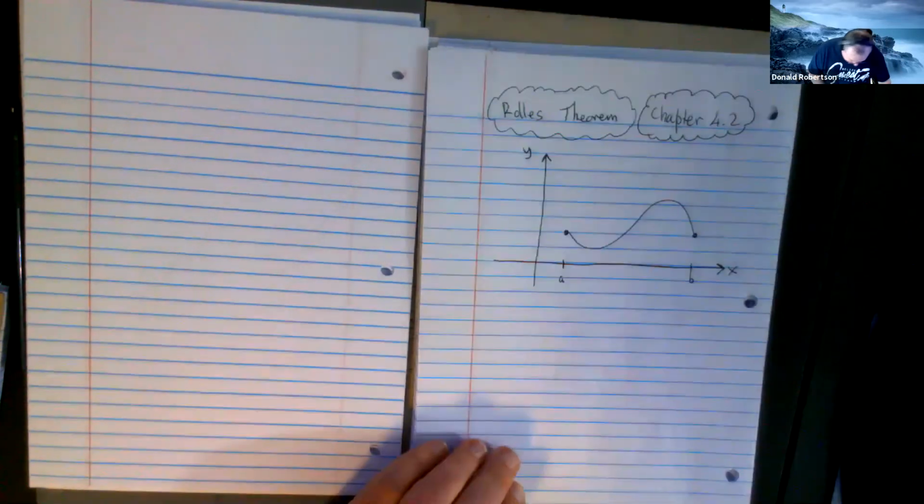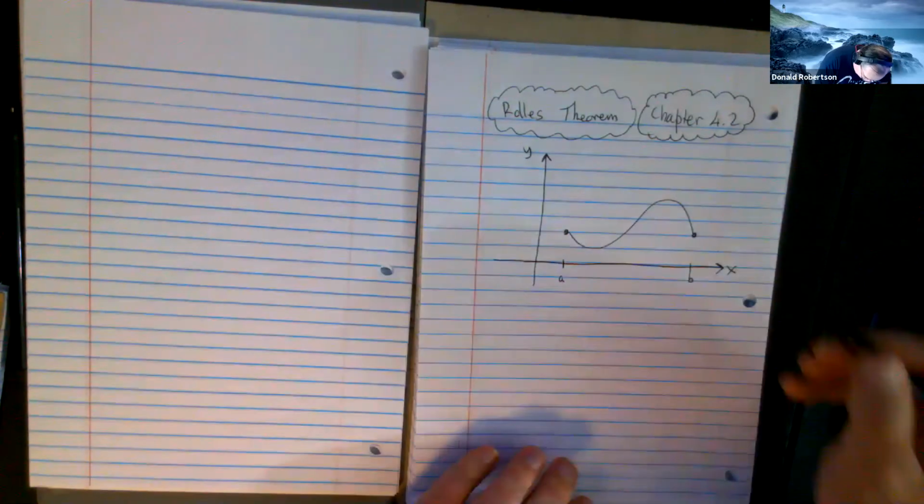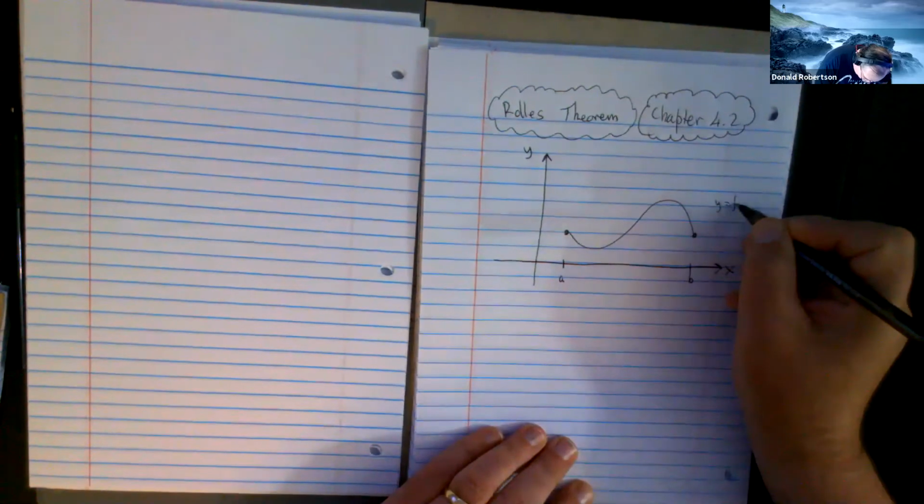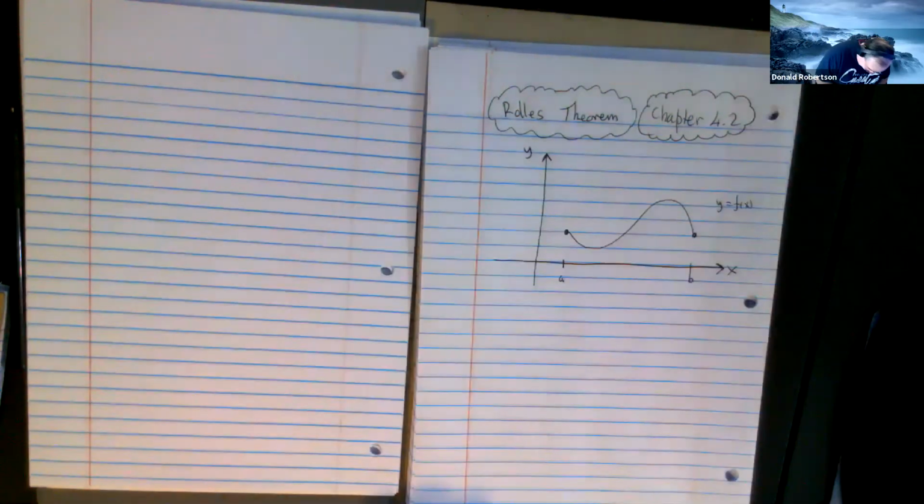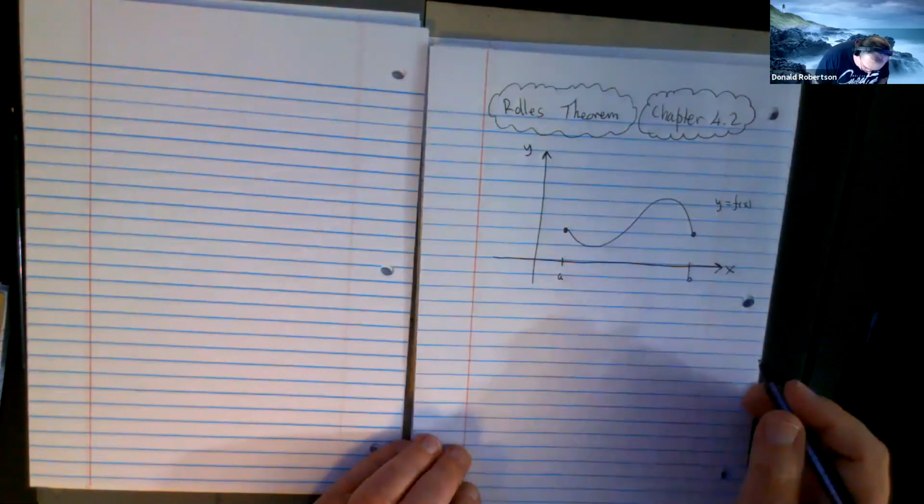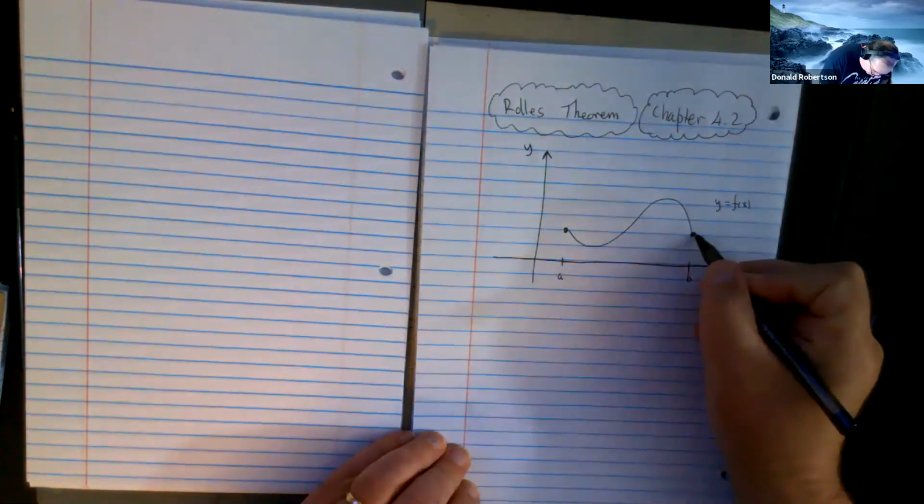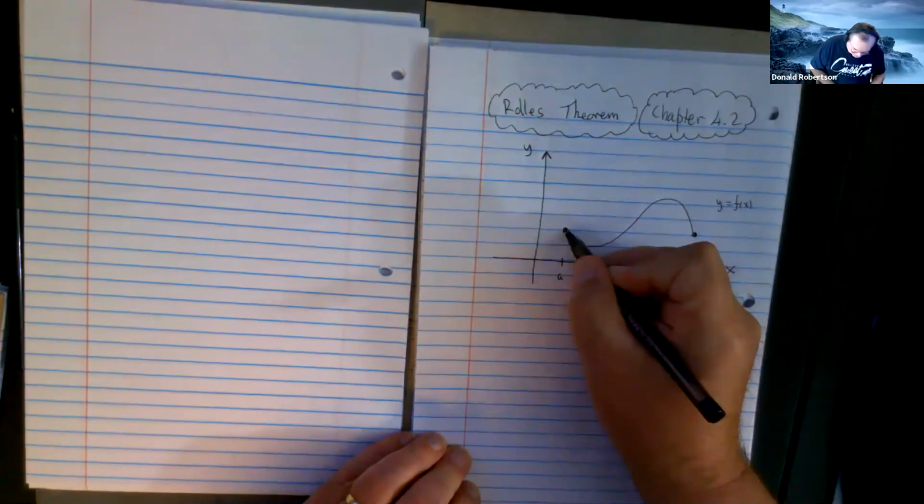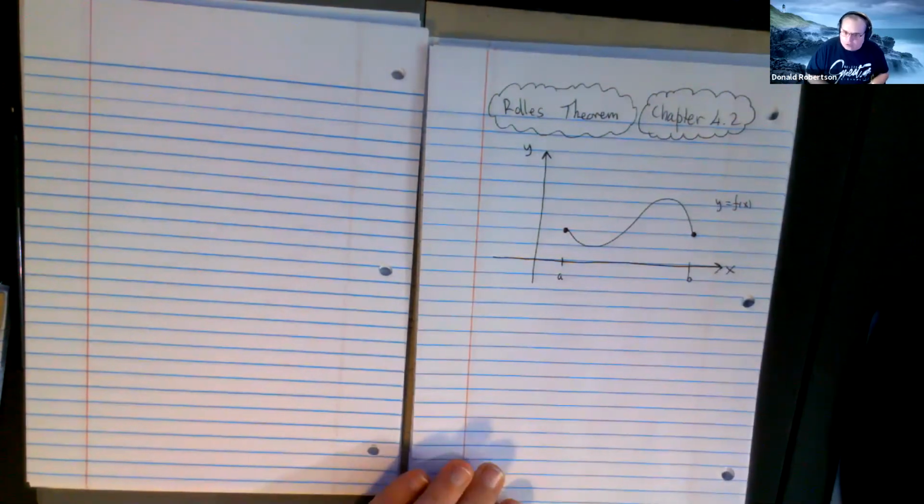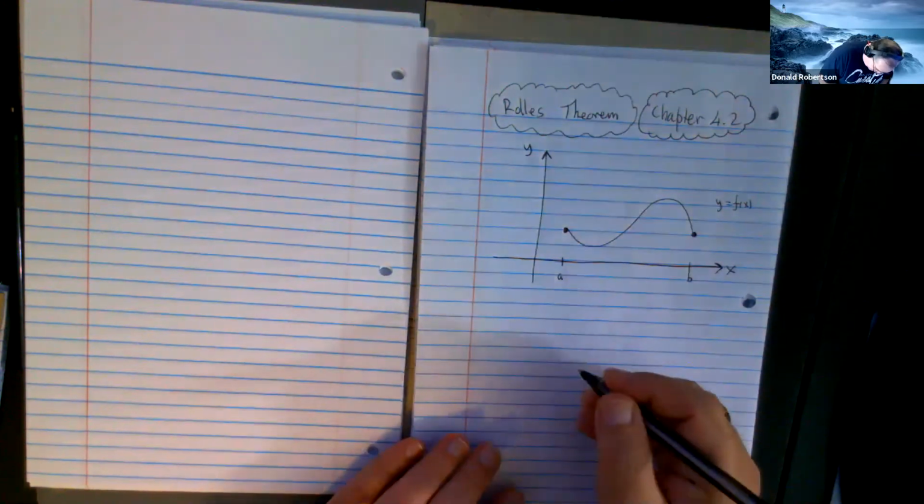And it's a nice continuous function, right? So there's nothing weird going on. And you can differentiate it everywhere. And it has one last property, that the value of the function at the start is the same number as at the end. If all of those properties are true, then Rolle's theorem says